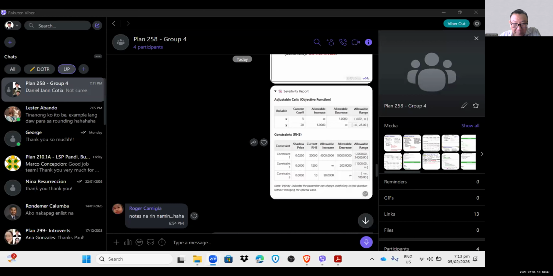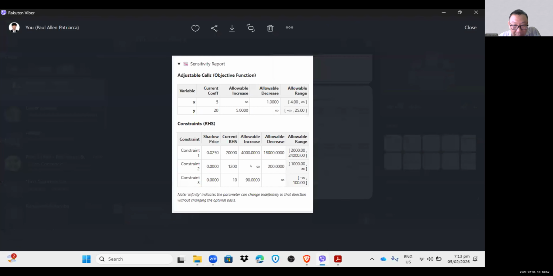Based on our group, for the first constraint, this is the budget constraint, since we have only 20,000 for this. Increasing that by 1 unit will increase the number of survivors by 0.025. While the second constraint, the land, as well as the third constraint, the minimum number of tents, are both zero. Therefore, the land and the minimum number of tents are non-binding constraints or slacks. We should not consider them. The only binding constraint was the budget.